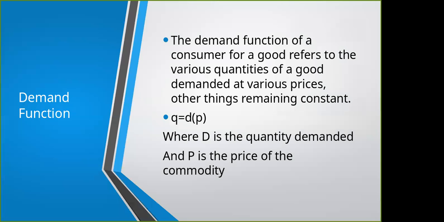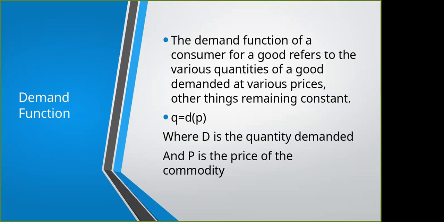Price of the commodity is one of the factors. There are other factors like your income, then say your religious belief. If your religion does not allow you to consume a particular type of meat, then you will not have a demand for it, right? Then say your family income. Then you may have lots of other factors which may affect your demand. Can you name any more? Like your taste and preferences. The price is bearable, you have got the income, but you don't like the commodity. Then also your demand may be zero, right?